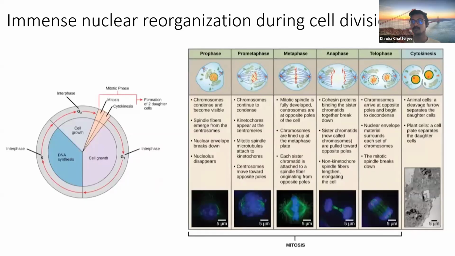and followed by telophase, where again the nuclear envelope reassembles, right? The nuclear envelope and the nuclear pore complex reassemble and surround one set of chromosomes. So both sets of chromosomes that are to be eventually distributed among two daughter cells, and the mitotic spindle breaks down, which is followed by cytokinesis,